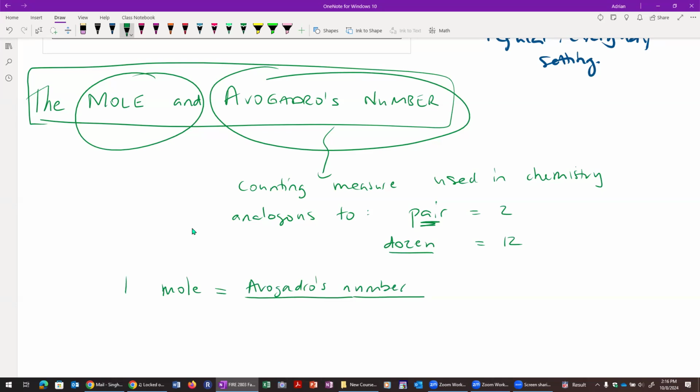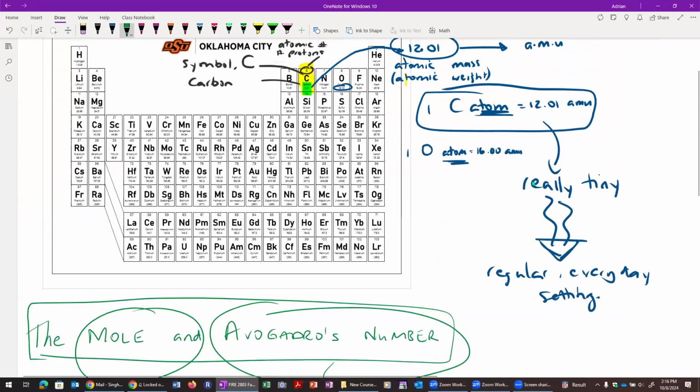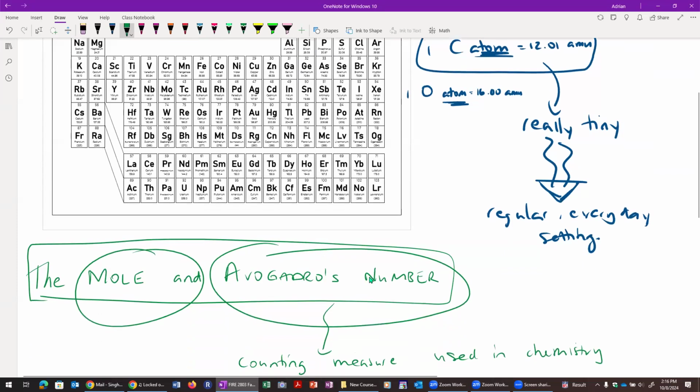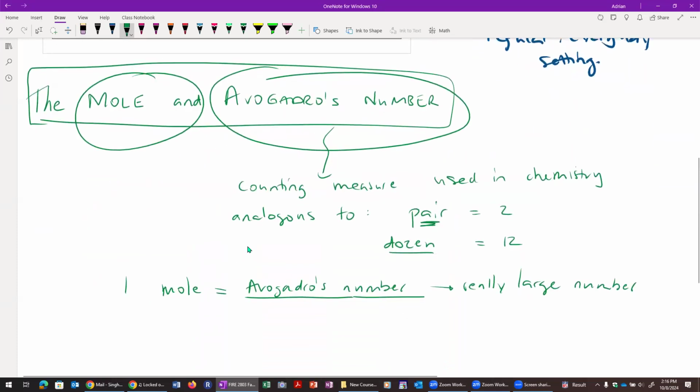The only difference now is that this number is not a small number like 2 or 12. It's actually a really, really large number. Okay, and if you think about what we mentioned at the beginning, individual atoms of carbon or oxygen or whatever, they are really, really, really small. So you're going to need a lot of them to make up the amounts that you can easily measure out in the laboratory. So when we talk about a mole of something, we are referring to Avogadro's number of that